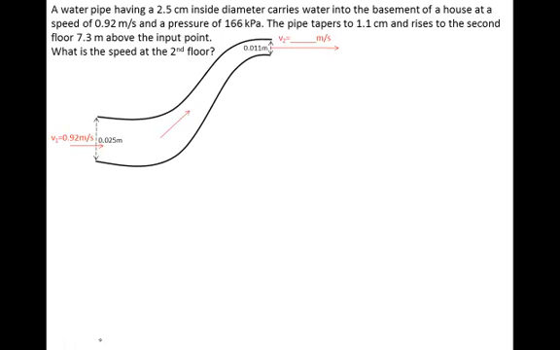So let's look at how we would draw that. There we go. This is a pipe, so our cross-sectional area will be circular there and there. We know the velocity is 0.92 meters per second. The diameter is 0.025 and the diameter at the end is 0.011 meters. We want to find what the velocity is at the part of the pipe where it's gotten smaller, the cross-sectional